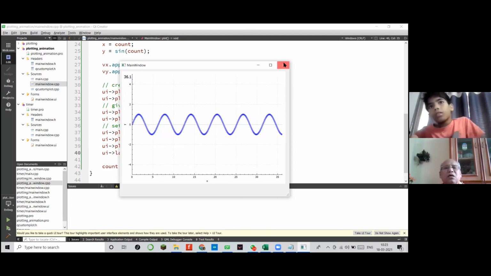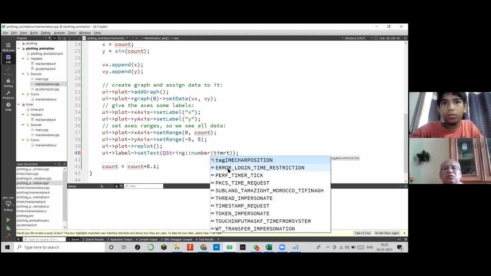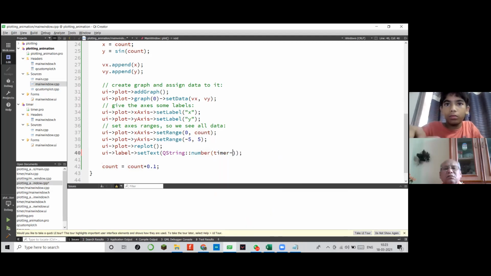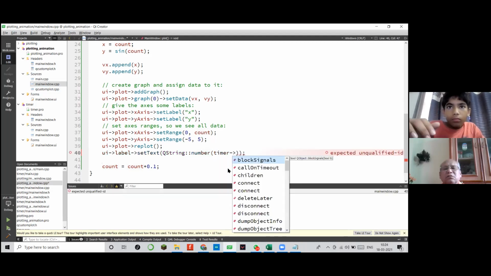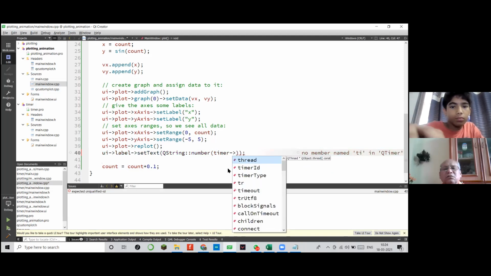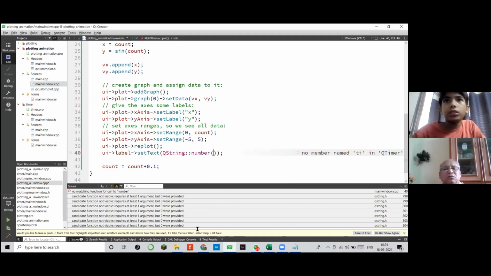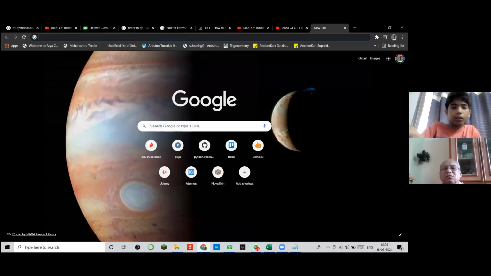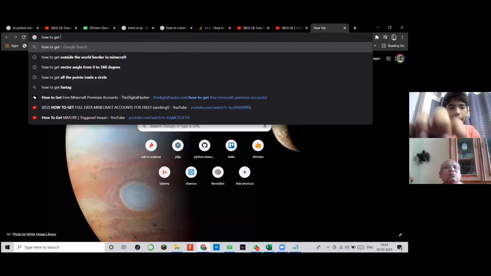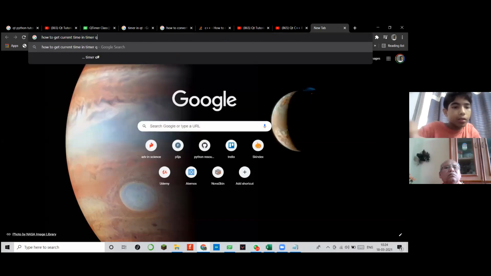Timestamp will stamp when that animation started, and then the time. Just a minute, sir. Then I can do something like how to get current time in timer Qt.